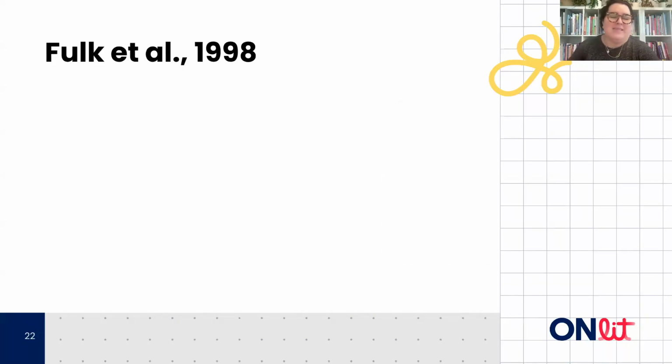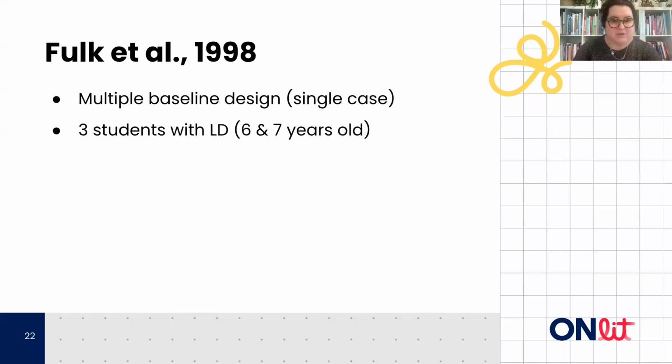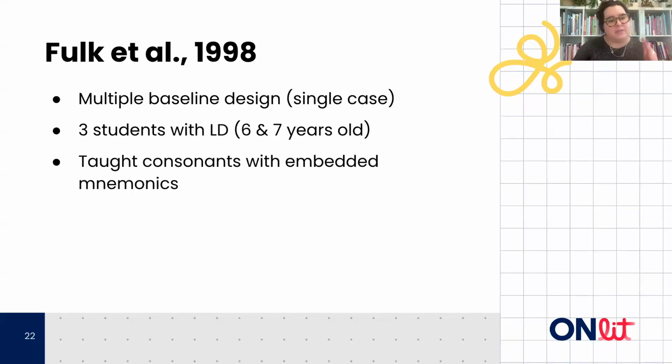our end goal. And then the last study I'll walk you through was a really interesting one that focused on students with special education needs. And it used a multiple baseline design where individual student skills are measured repeatedly over time with really short, quick probes multiple times. So in this study, 3, 6, and 7-year-old students with learning disabilities were taught consonant letter sounds using picture mnemonics. And their letter sound knowledge was measured repeatedly before the intervention.